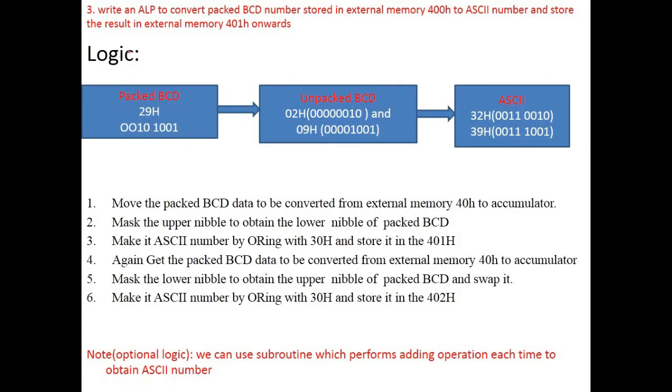Okay, so now for example, we'll write this 29H in the binary representation. It is 00101001, right? Now if we mask this 9 so that we can get the higher nibble, that can be done by using ANDing. That means we need to AND this 29H with, here we are going to mask the lower nibble, so that's why here we need 0000, and here all the bits need to be 1, which means this is F0H. Okay, correct?